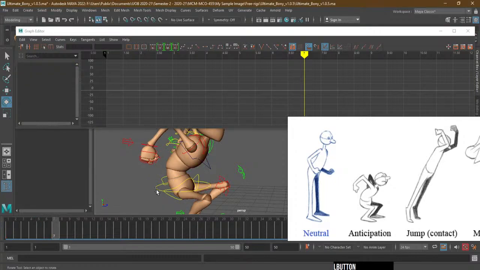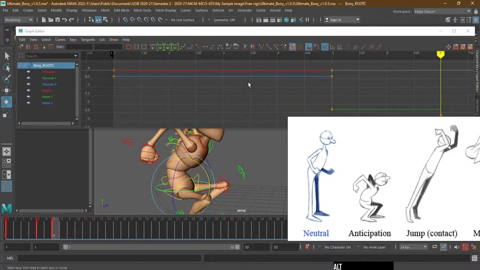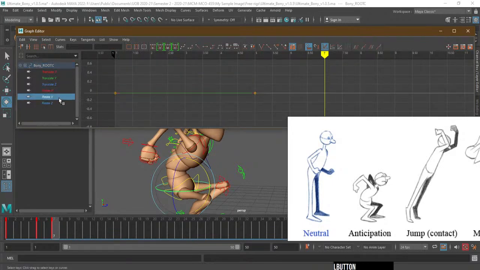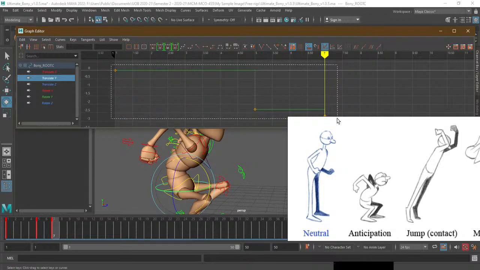So I will do the same thing with this, and with the hip. And let's see, where do we have this rotation? We didn't work on any rotation, so only in the Y position, because we moved it down. So I will select all of